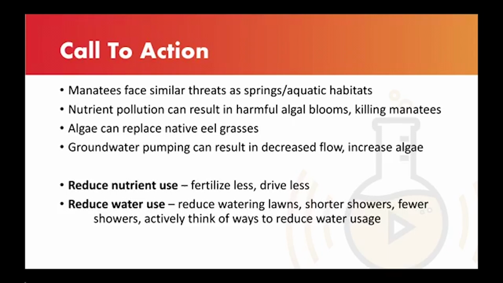And other threats to the springs are things such as groundwater pumping, which can decrease flow and also increase algae in these spring environments, because we really need the flow from these rivers and spring environments to scour the surfaces, to knock the algae out of there and push it downstream, rather than letting it persist around the spring heads when you have reduced flow out of the springs.